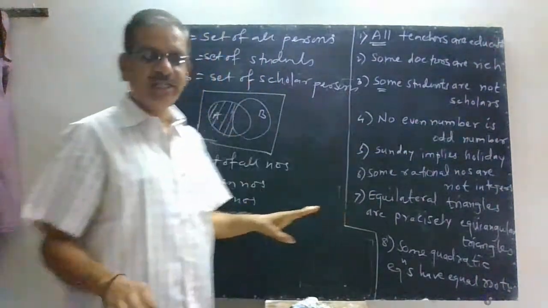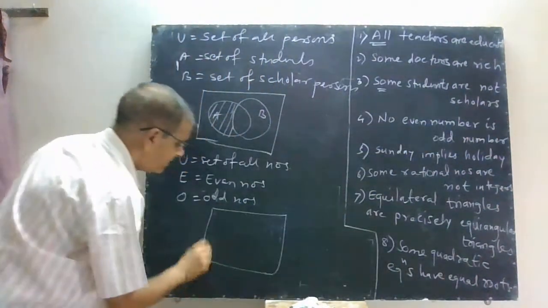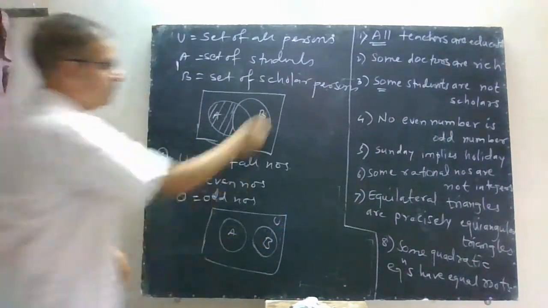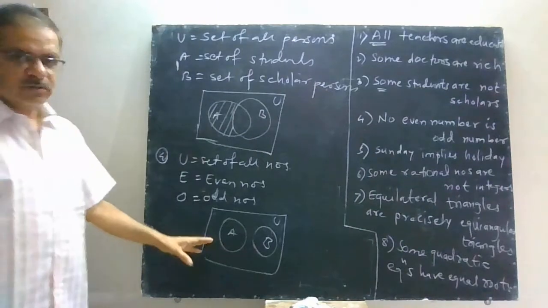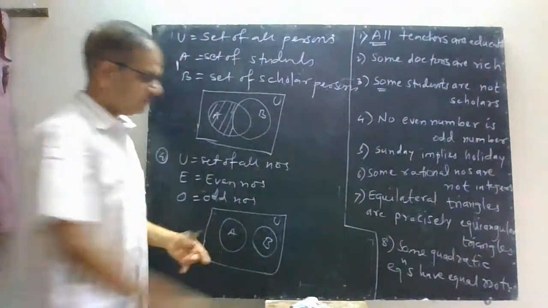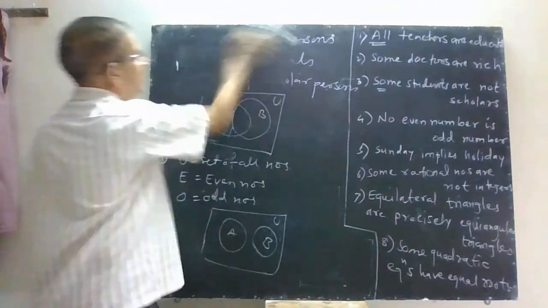And no even number is odd number. That means there is no connection between even numbers and odd numbers. Your figure will be very simple. This is A and this is B and this is your U. Here you write U. So when you have no A's or B's, your figure is fixed. Okay. Now next,